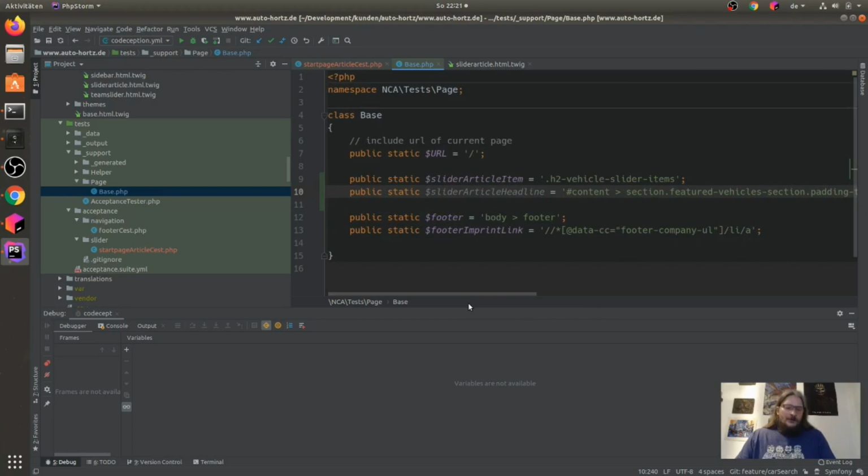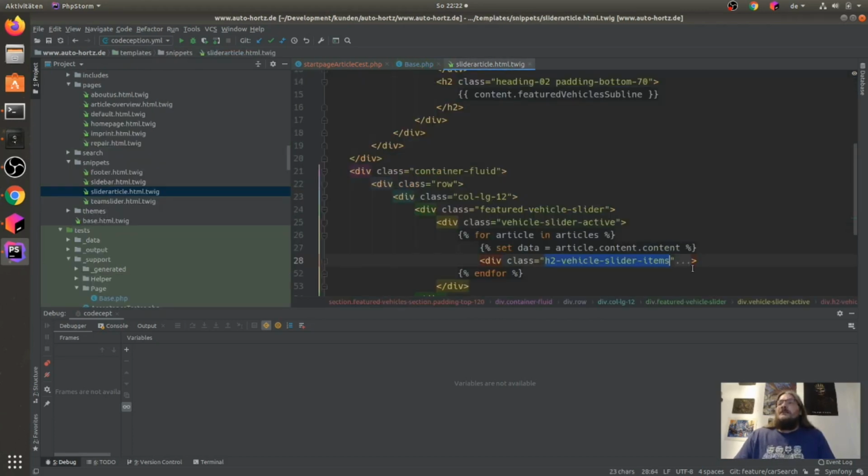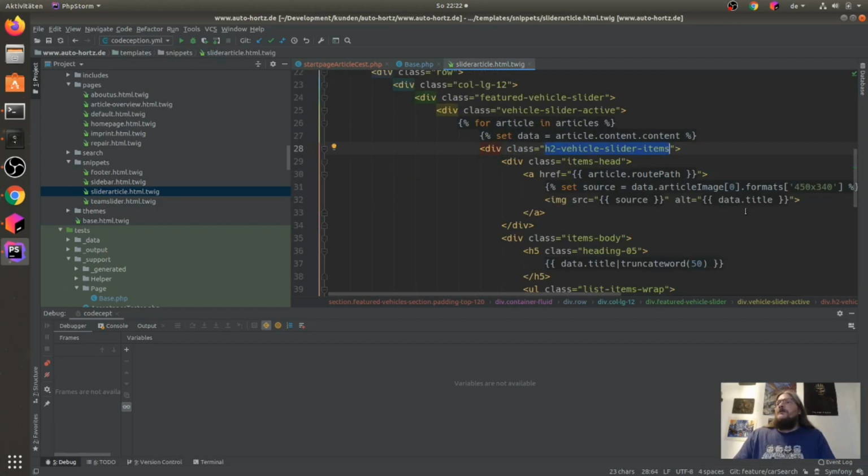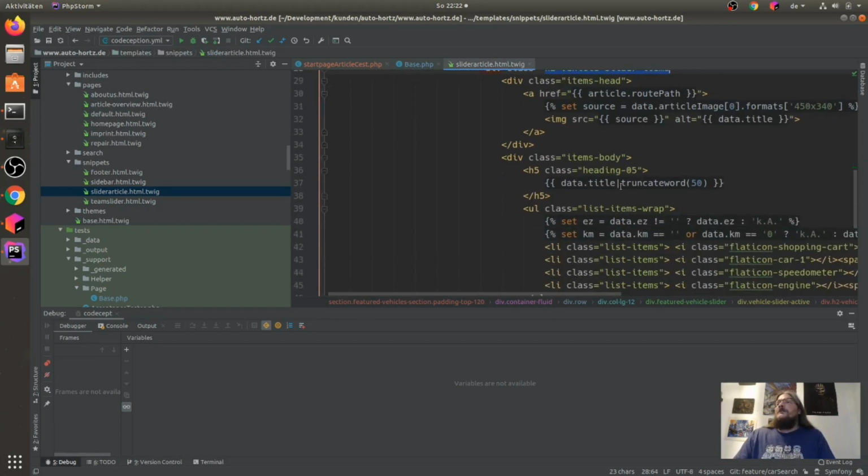So we have this problem here, and now we can say, okay, on the slider item we have here our heading, and you see here